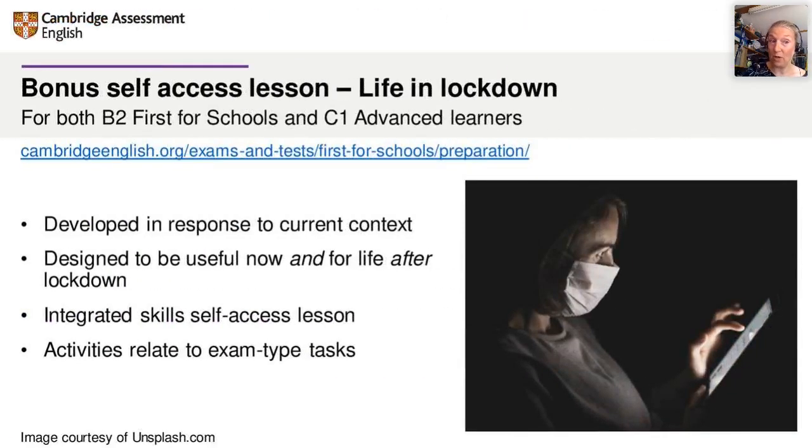We've also, in response to feedback that we were getting from all of our teachers, created a bonus lesson, a self-access lesson, Life in Lockdown. This lesson is designed to be suitable for B2 First for Schools and C1 Advanced. We developed it as a response to the current context, and what we were finding was